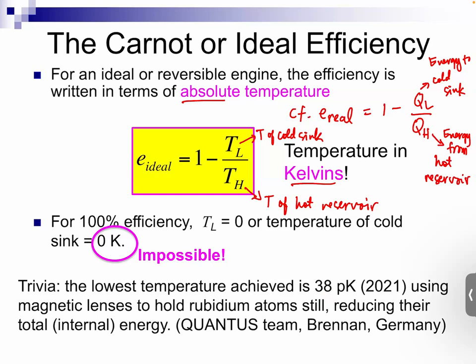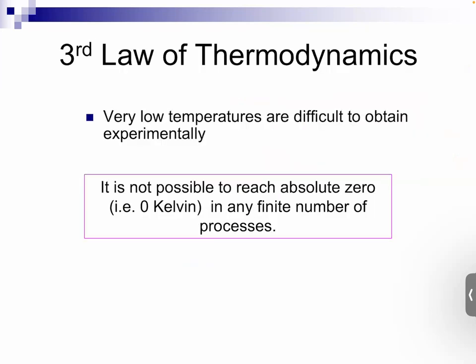So it's still impossible to have 100% efficiency, and they achieved this very low temperature only for 2 seconds, and then they went back to room temperature. So it's still not possible to have a 100% efficient ideal engine, and in fact, it's